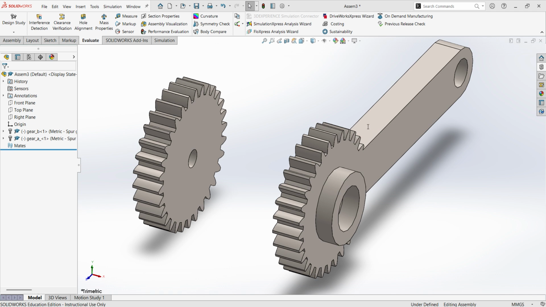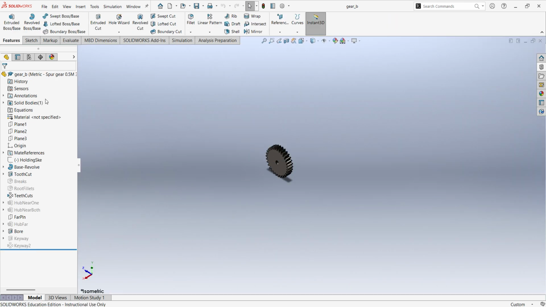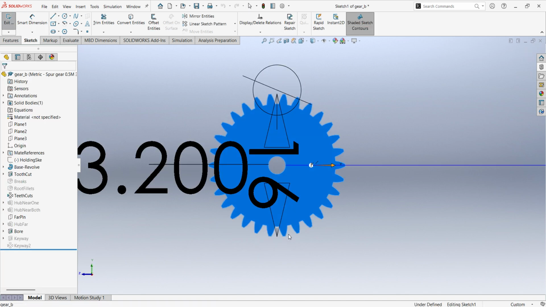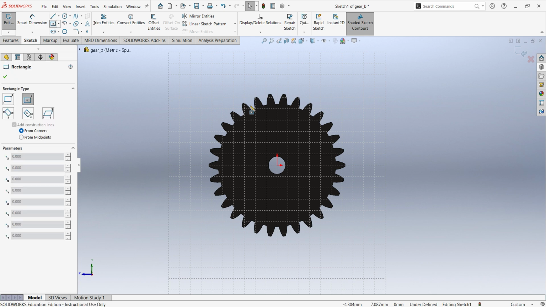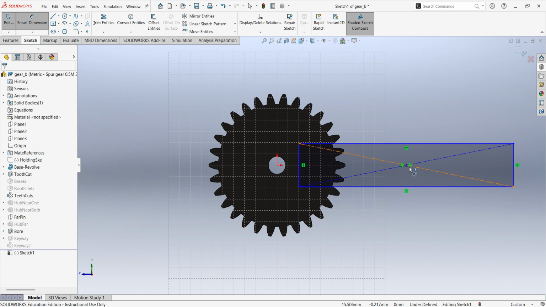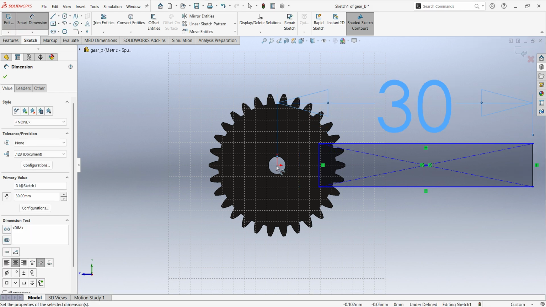Let's focus on gear B. Gear B is the same, but both have the same diameter, and the only thing that changes is this 7 mm and the height. So let's go to gear B, then again same steps. Select sketch, select surface, then select the rectangle tool, center rectangle tool, and marking center, and